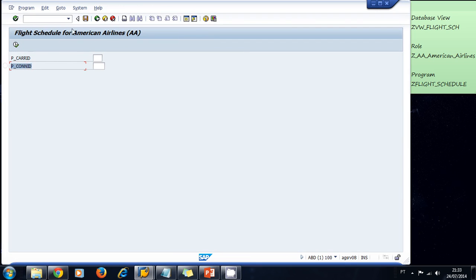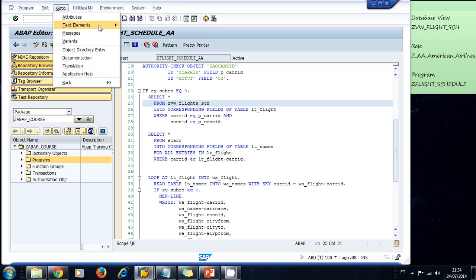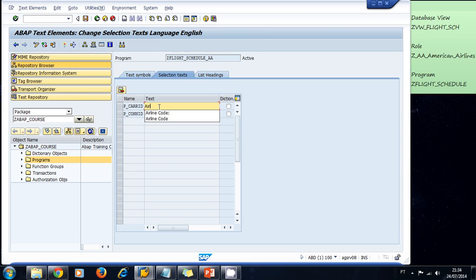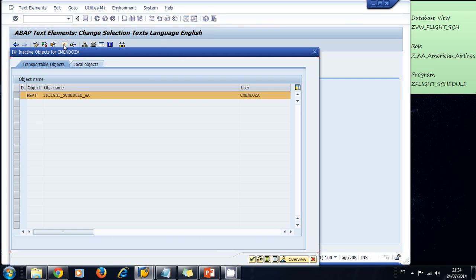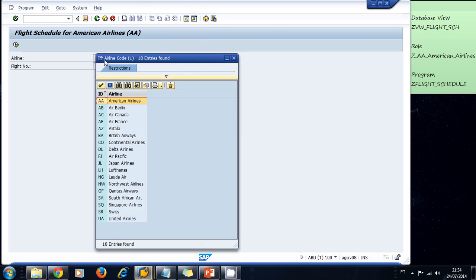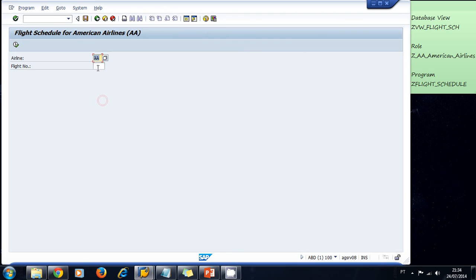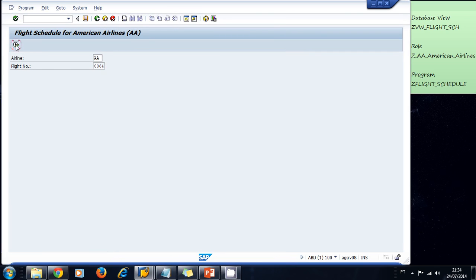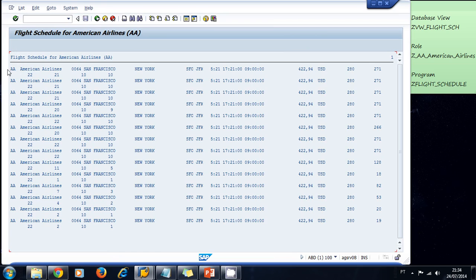Remember we can always change this name, so let's go back and change them. The text elements, the text symbols. And this is the airline. And this is the flight number. We activate our text elements, go back, run our program, and now we can select, for example, the American Airlines and the flight number. Let's select the San Francisco flight and let's run our program, and the information is displayed. So you can see this is our airline ID and this is the name that we got